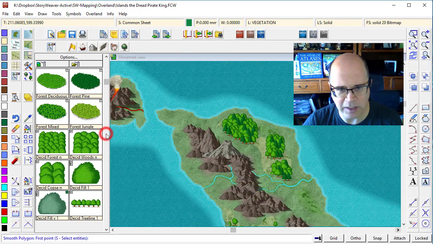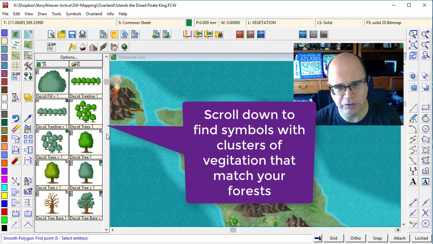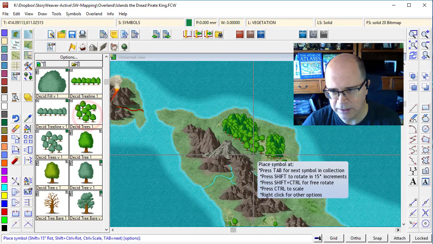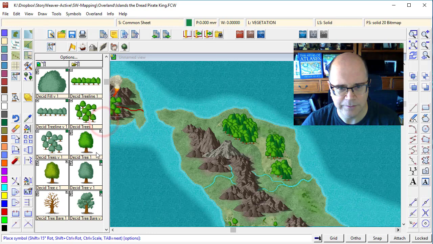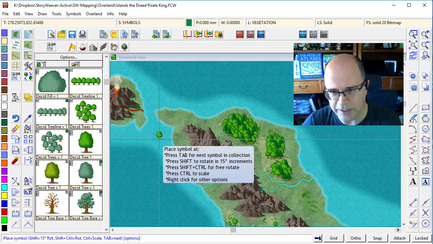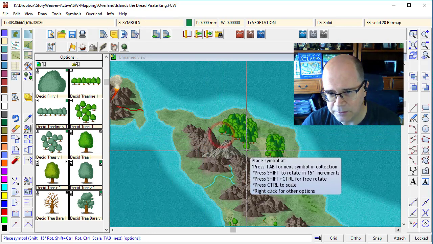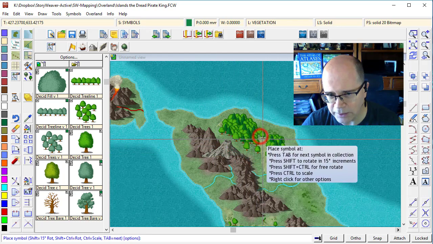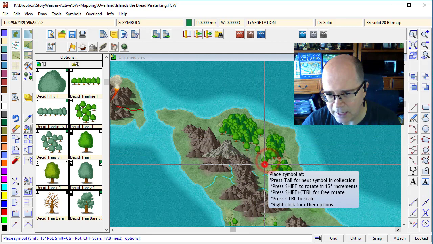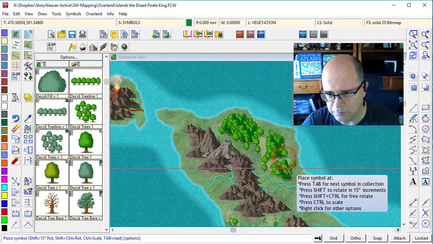Then I'm going to start working manually. So I'm going to come down here and find these little spots of trees. And I'm going to, it's probably too much actually for this particular one. There we go. So I'm going to use the individual trees to start breaking up this line a little bit. Now, not overdoing it, just breaking it up, giving ourselves a bit more